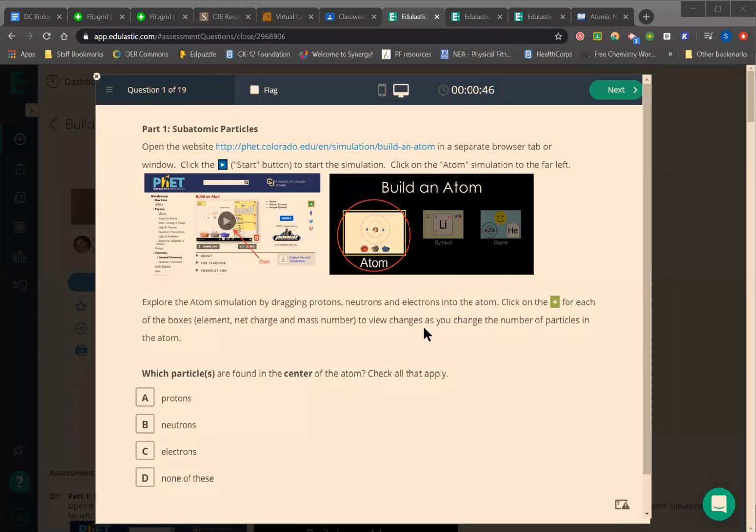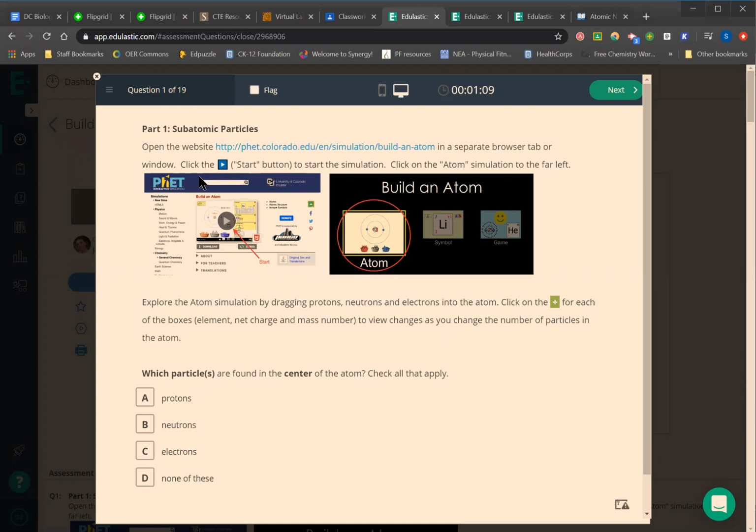All right, boys and girls. This activity is kind of the culmination of the stay-at-home lab. We would do it in class anyway. So I'm on, if you can see up here, question 1 of 19. Some of these we haven't covered directly, some of them we have, such as isotopes and ions in this general